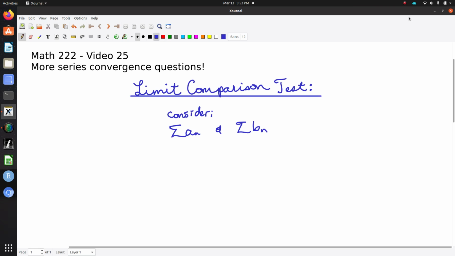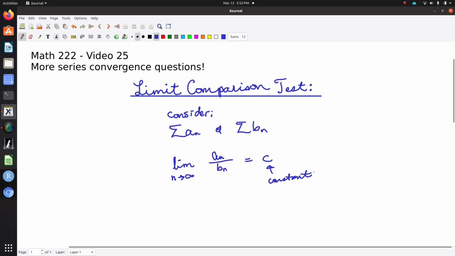Okay, so there's something that we're going to talk about, which is called the limit comparison test. Consider that we have two series, one that we're very familiar with and one we know zip about. We don't know anything. So what the limit comparison test gives us is if you take the limit as n goes to infinity and you compare these terms, a_n over b_n, or b_n over a_n, it doesn't really matter, and it's equal to some constant,